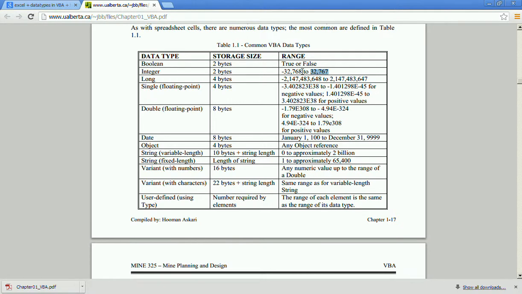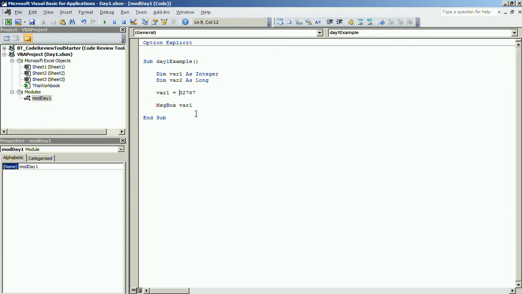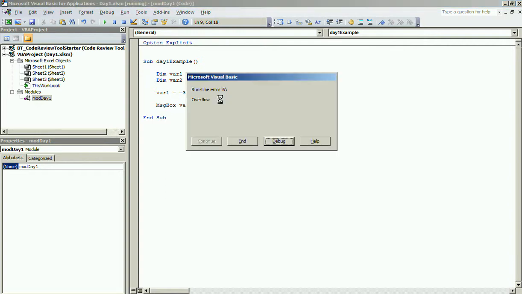So let us try -32768. It should work. Yes, it works. And the moment we make it lesser than -32768, say -32769, it will again show the error. Let us end this.